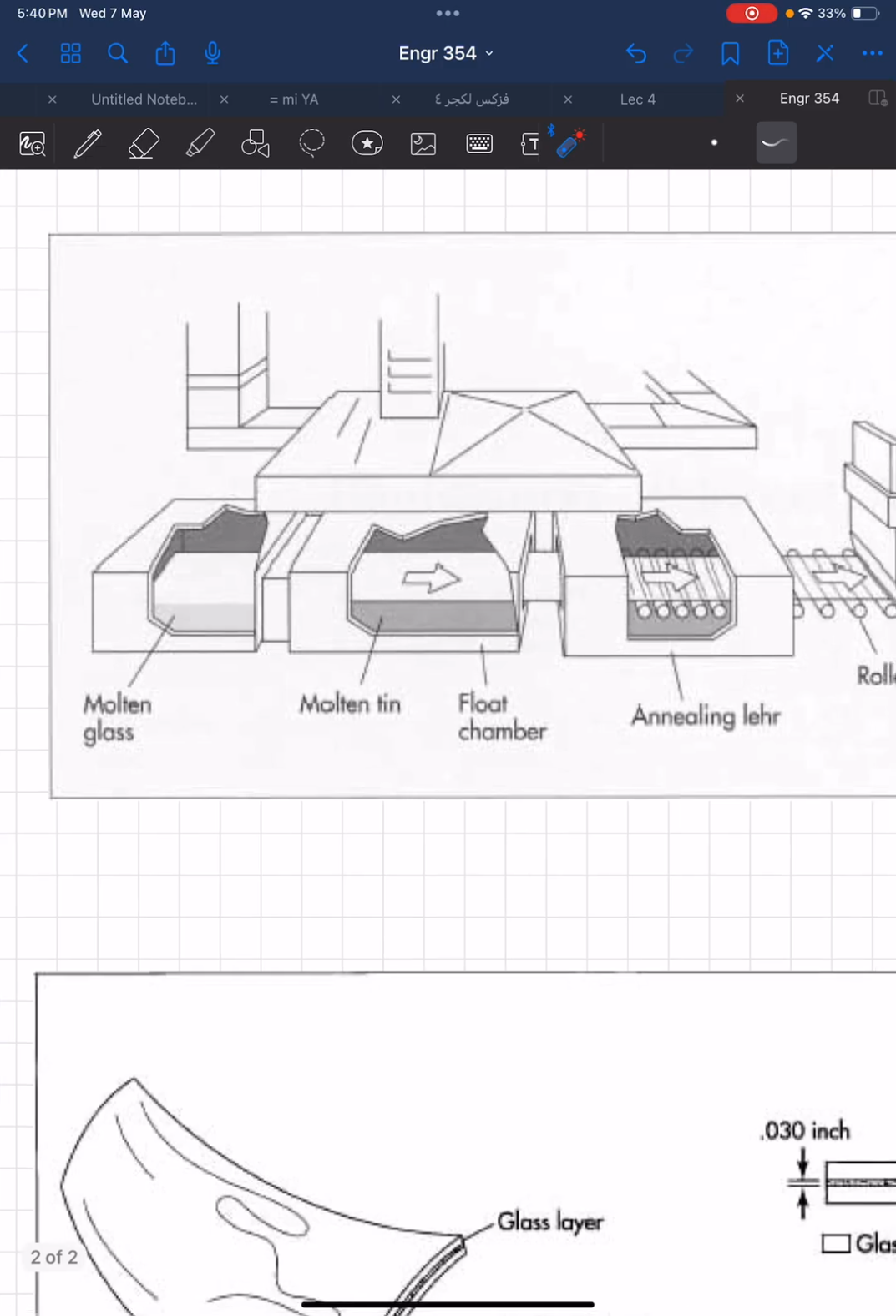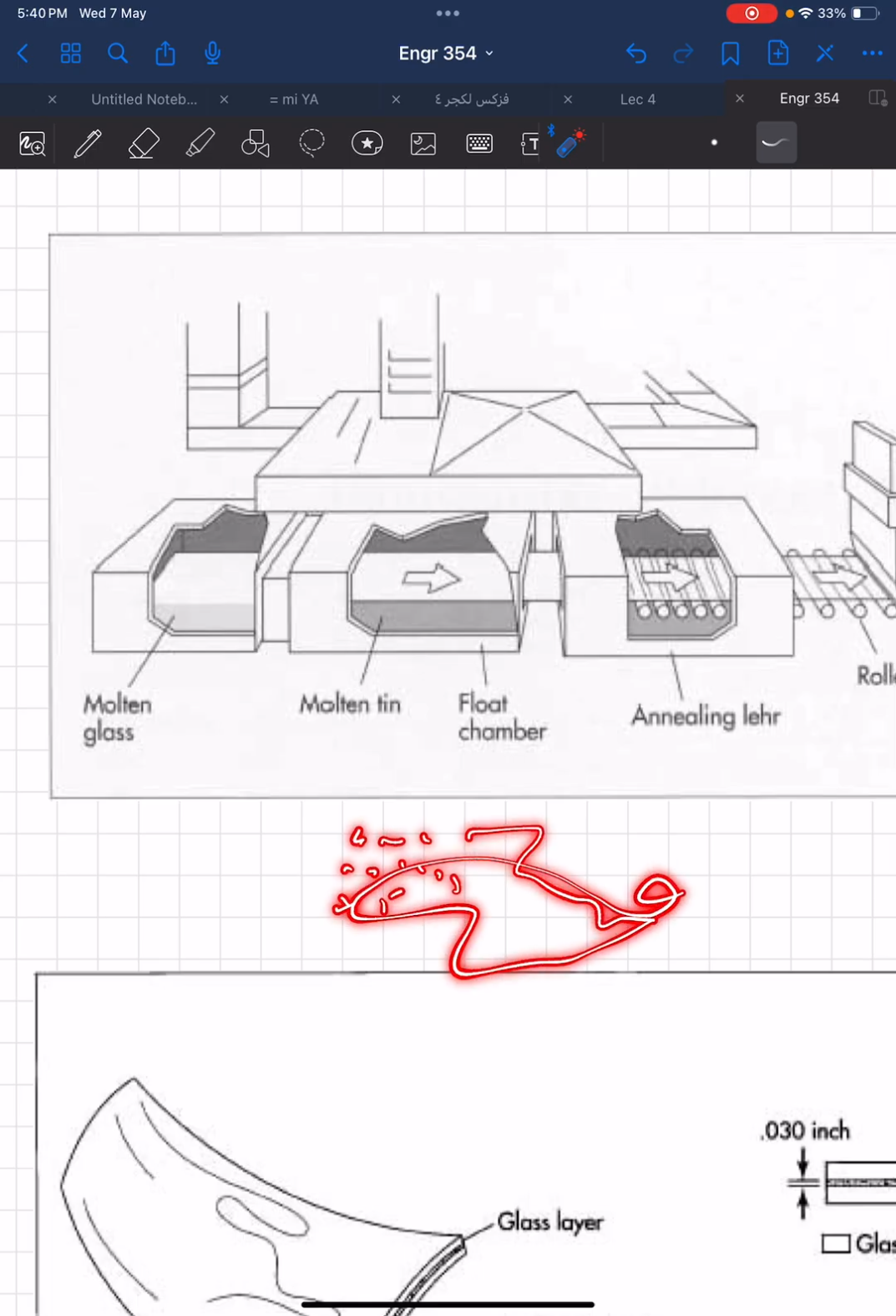Why do we need the layer of glass to float on the tin? Since the structure of it, when it cools down, there is a problem. The molecules are not in a good shape. They are distributed very randomly. So what the tin helps with,